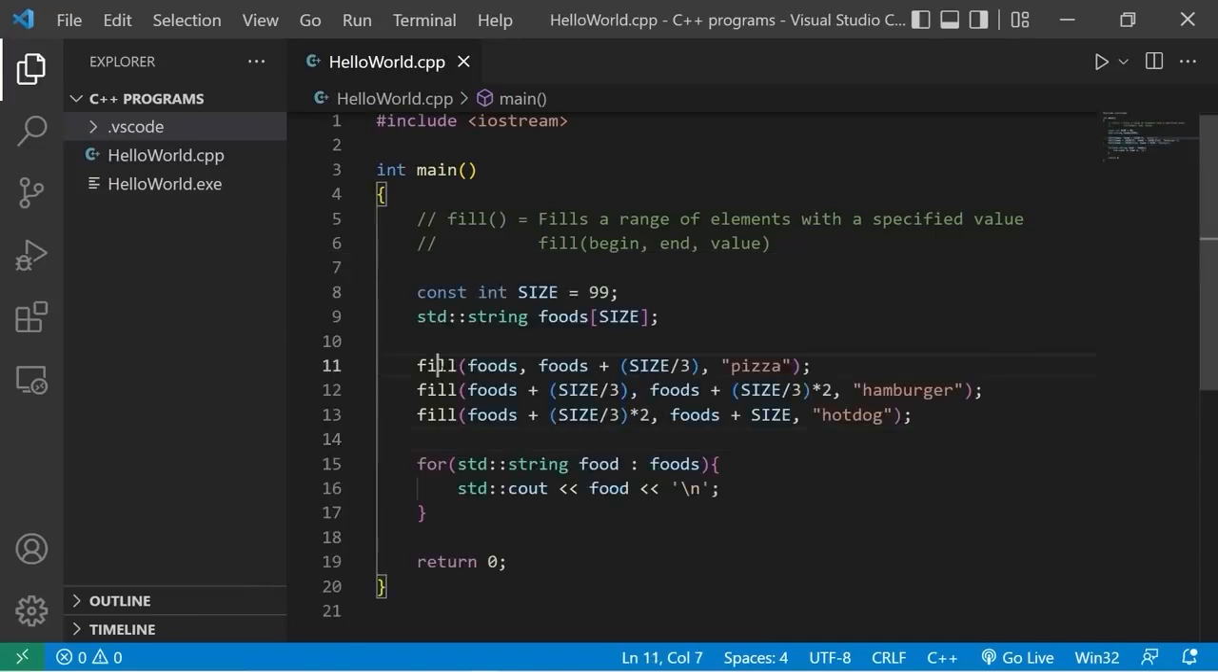So yeah, that is the fill function. We can fill a range of elements with a specified value. It's great if you have a lot of elements to work with, and you don't manually want to type all the values. If you would like a copy of this code, I'll post this in the comments section down below,